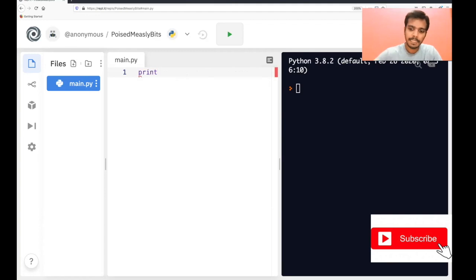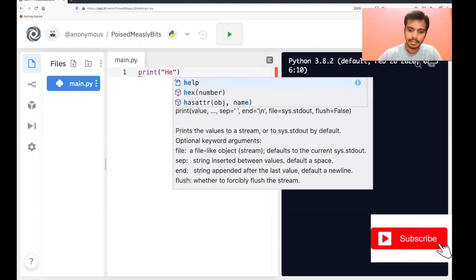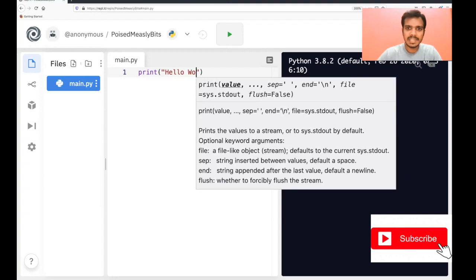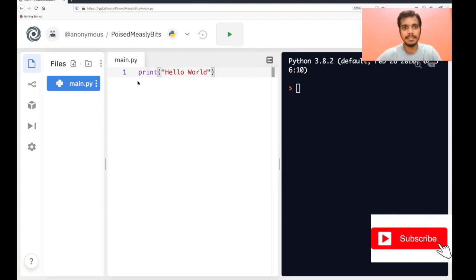Similarly, you can do this in the text editor also, right? Print hello world. They're giving some suggestions, but I will type print hello world, and click on run. See, it printed hello world here on the right-hand side. Basically, this is your editor and this is your terminal. You can code in the terminal if you have short code, but if you have a 10 or 15 line program, you can write it in main.py and run it using this command.